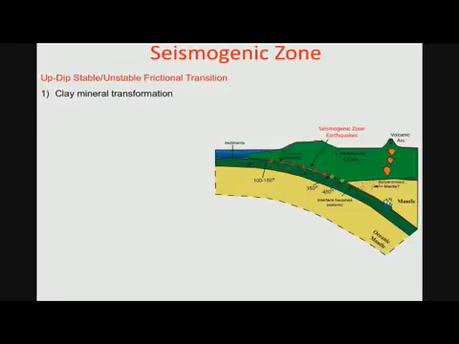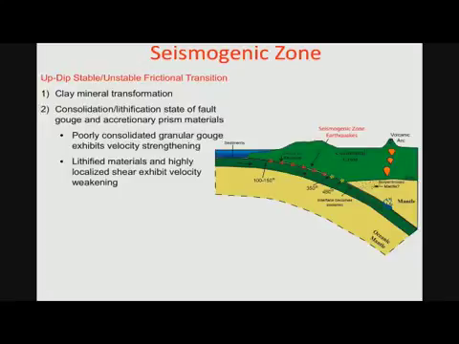So some ideas were that you have a lot of sediments being subducted, brought down onto that plate interface, and that they may be undergoing some mineral transformations. Smectite to illite is one example, and at temperatures of 80 to 100 degrees, those begin, and that may be transitioning material from velocity strengthening to velocity weakening. In addition, you've got a lot of sediments that are going to be lithified and consolidated, and that process may be responsible for the